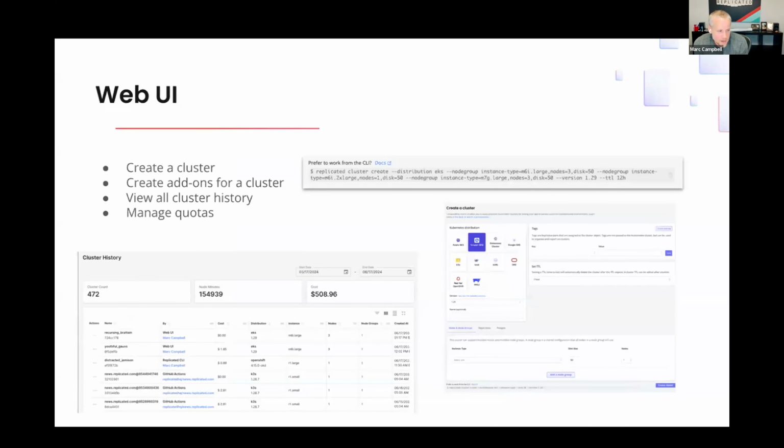The web UI is not probably how you're going to test your application in CI, but it's really useful if you need to create a quick support cluster to reproduce a customer environment. There's a lot of information here. You can manage the quotas that you have. You can see the history of all the different clusters that you've created, and how much each cluster costs. You can